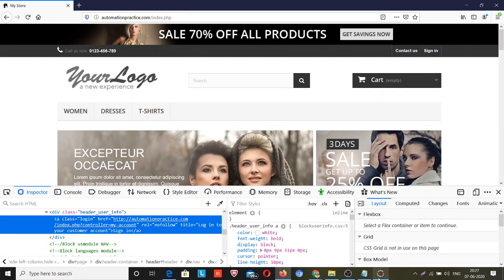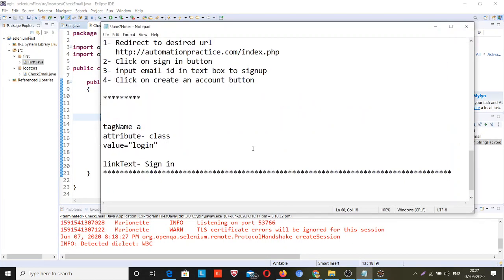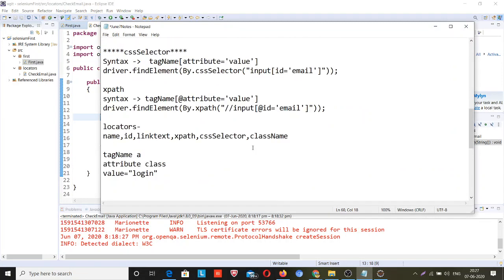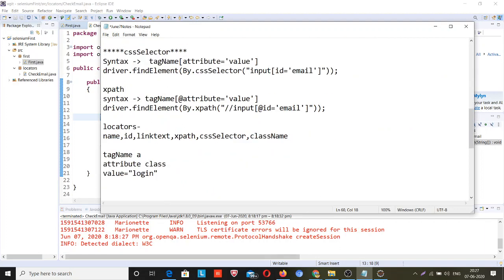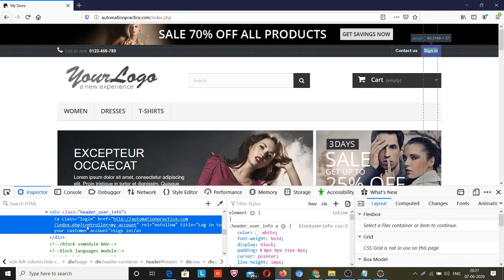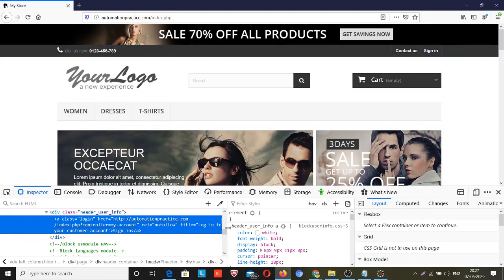Now, as I have told you, we have several types of locators present, so I will do this task using them. Because we don't have any id over here, I can't use the id locator.